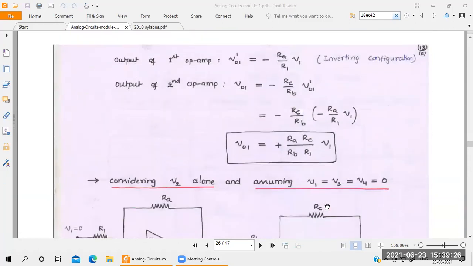Sometimes they ask for both derivations also. It depends on the exam. Okay, practice properly the first derivation and the second derivation. There is a continuation here. Complete the first and second derivations.